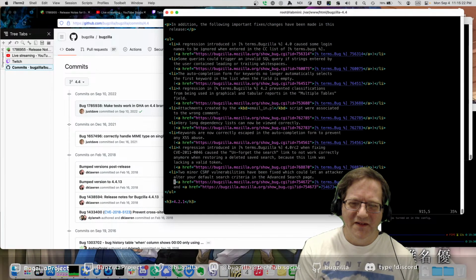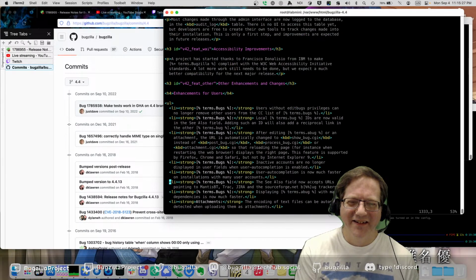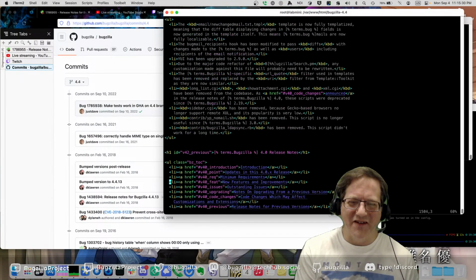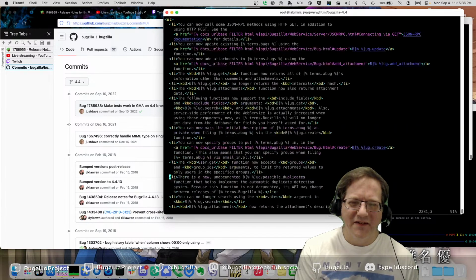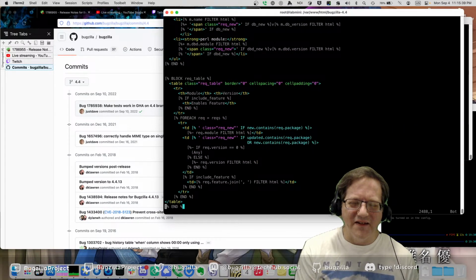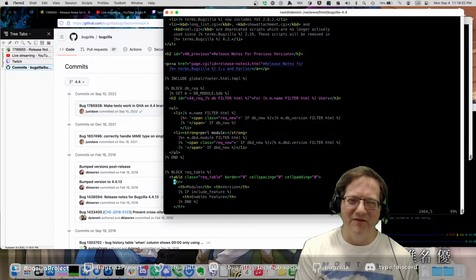Two release notes. That's interesting. I wonder why somebody did that. The 4.2 release notes never got removed from the file. There's 4.0. Okay, so what I was actually looking for to show was the code down here that, because this is inside the Bugzilla package, we can run the template code in order to load the requirements file and pull all of the minimum versions of everything right out of the requirements file to generate it in the release notes, instead of having to manually go through and look them all up and write them down in the release notes.